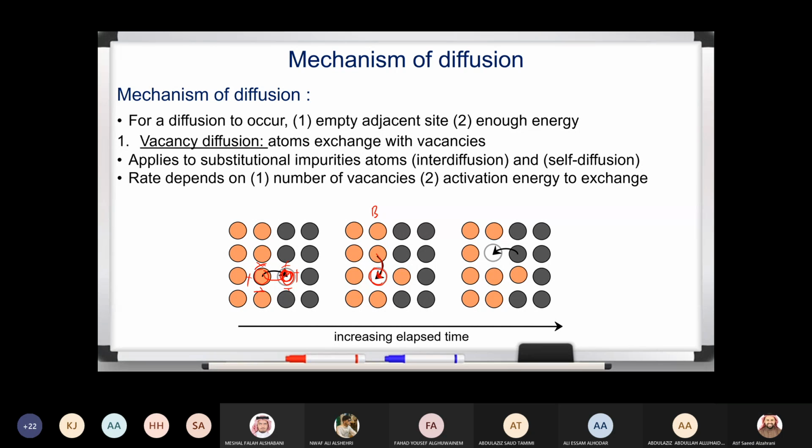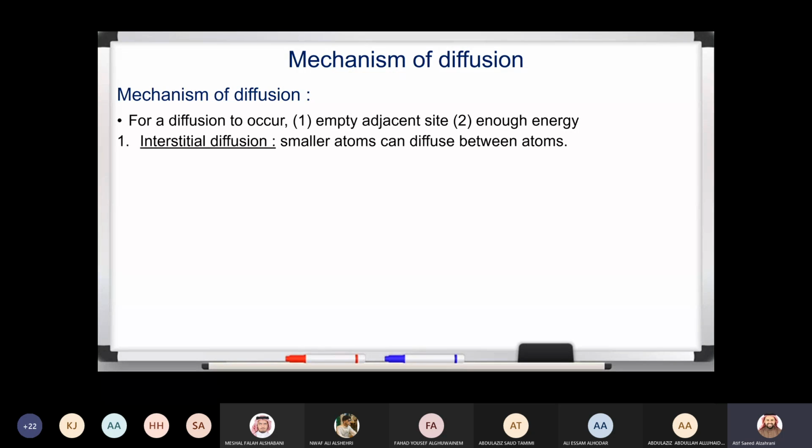Higher. Do you think the rate will be higher or lower? Yeah, the rate will be higher. Exactly, correct. So these are very, very good points for MCQs. Okay, very good. So the first mechanism is called vacancy diffusion, and the second mechanism is called interstitial diffusion,